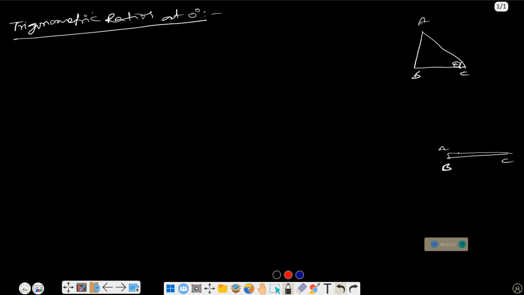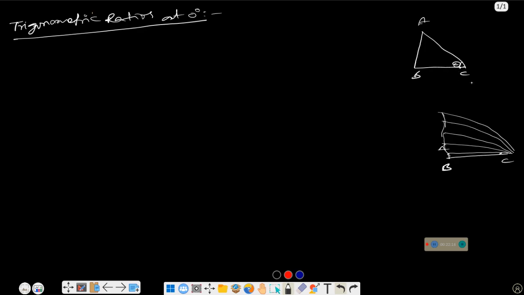This is the AC ray. Here a small angle is there, for example, 10 degrees. So if the angle increases like this, the triangle comes like this. Understood? So if the angle increases, the size of the triangle also increases. So when the angle decreases,